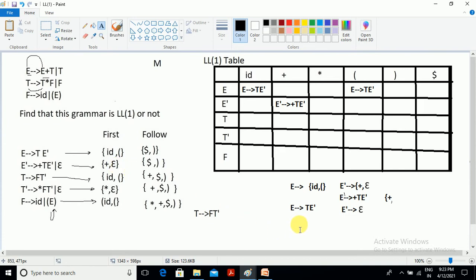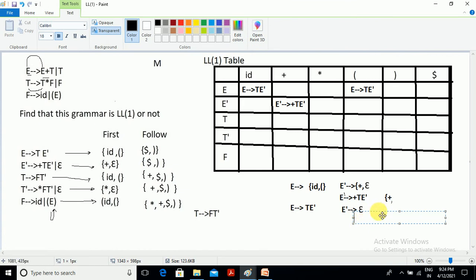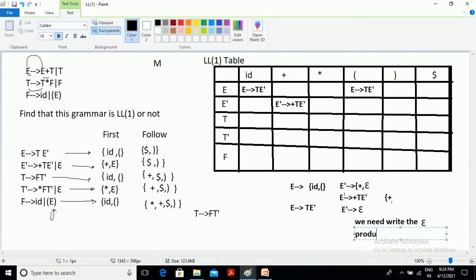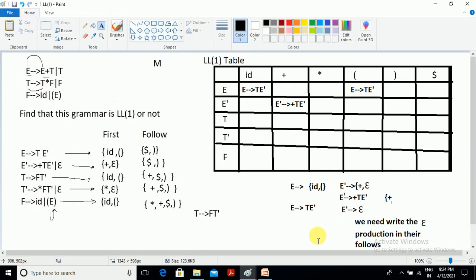The rule is that if any variable is deriving epsilon, then we need to write that epsilon production in their follows. In their follows. So this is the rule we need to follow.